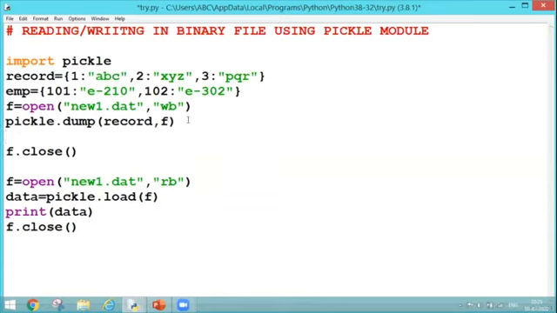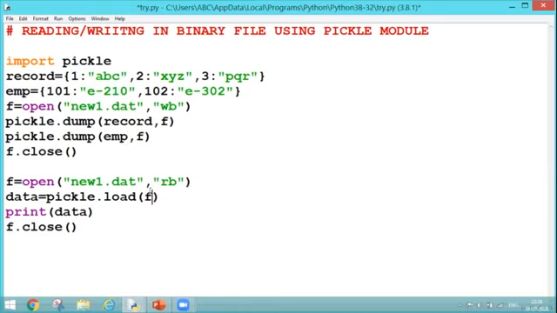But if I use the same statement to dump my data, what will I do? My object will change this time. In my previous statement, I wrote the object record, and in this statement, I'm going to write the object EMP in the file. So I'm using 2 statements for writing the data. Through the first statement, record will be dumped, and through the second statement, EMP will be dumped in the file permanently.